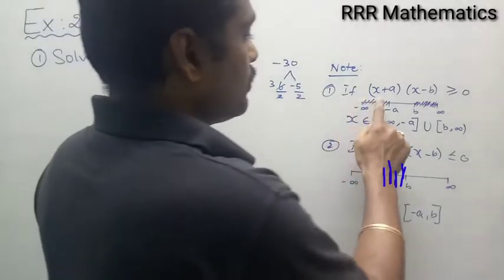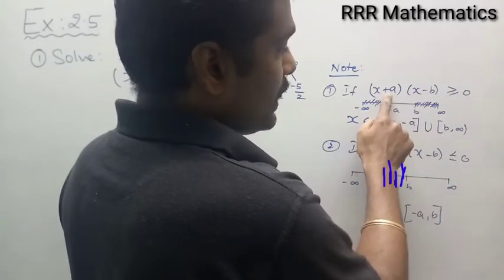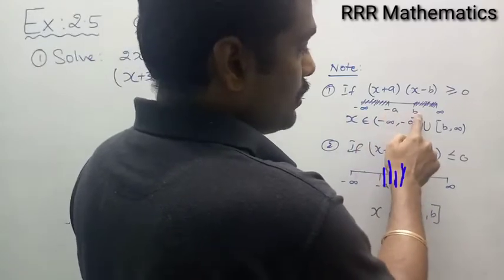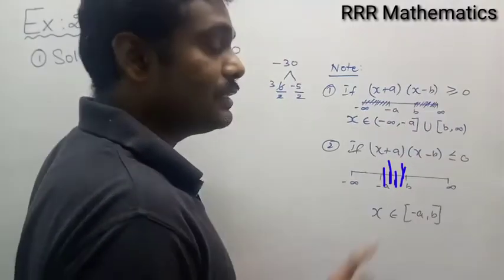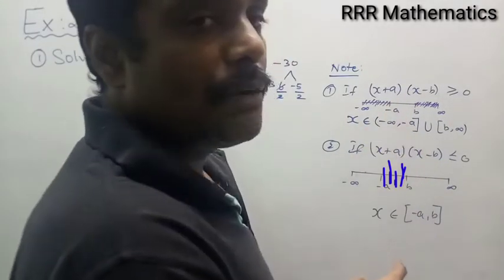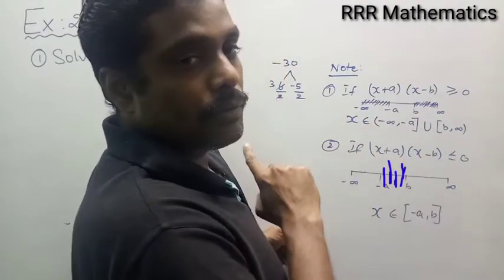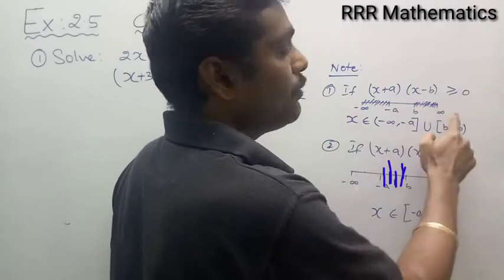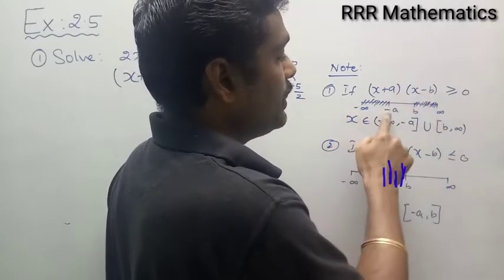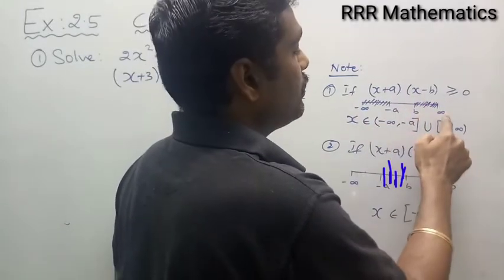Is it clear? Suppose this is a quadratic one. When you factorize, you may get it like this, with the outputs −a and +b. So the intervals are minus infinity to −a, −a to b, and b to infinity. This is not an equation. When it is an equation, I can equate to 0 and get the value of x as −a and +b. But in the case of an inequality, you want to define it over the whole real line, minus infinity to plus infinity. When you equate to 0, I get −a and +b. So minus infinity to −a is one interval, −a to b is another interval, and b to infinity is the third interval.